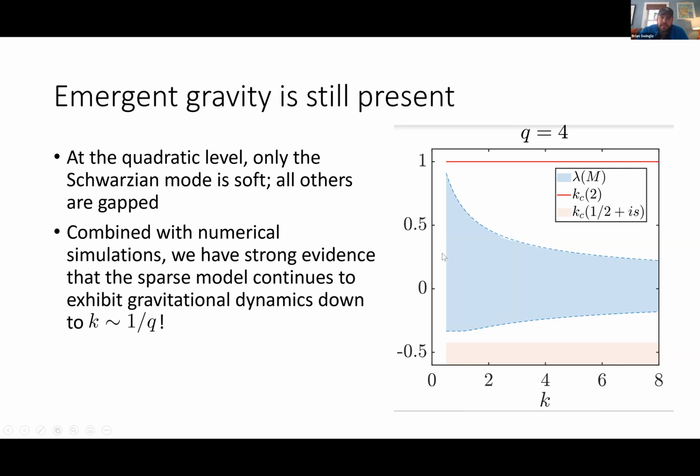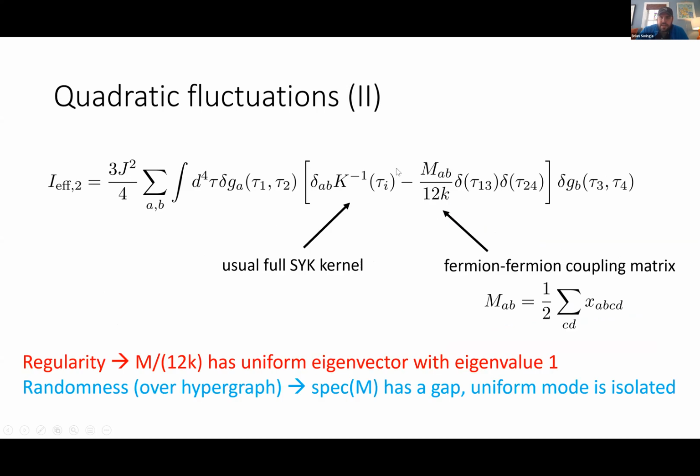eigenvalue 1. And so the fact that there's this gap between the spectrum of M, this blue part, and the lower continuum band down here at the bottom, and the rest of the spectrum of K above, means that none of these other eigenvalues of M overlap the spectrum of K, and so they don't ever contribute soft modes. If I go back to this thing, I need the spectrum of M to overlap the spectrum of K inverse